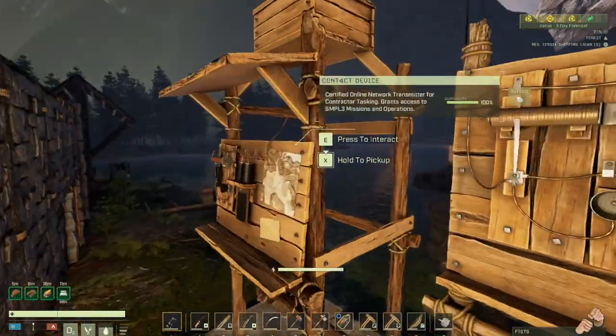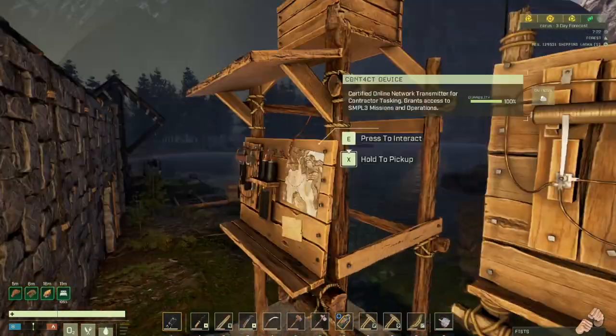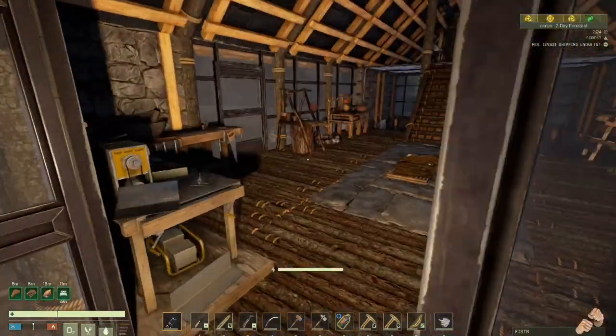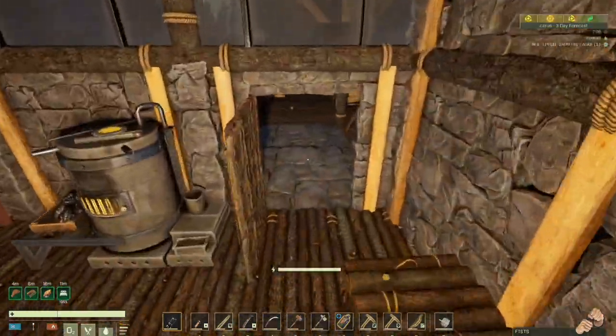What I might do quickly too is we'll have a look what's available on the simple quests, just to see if there's something we can do. There's the collect a radar and perform a simple scan for the UDA. That's what we did before with all the animals. Find a cache. We know how simple they are. We will request that one, but I won't do it yet because we don't have any room to carry anything. I'm already almost overloaded. Speaking of overloaded, my horse